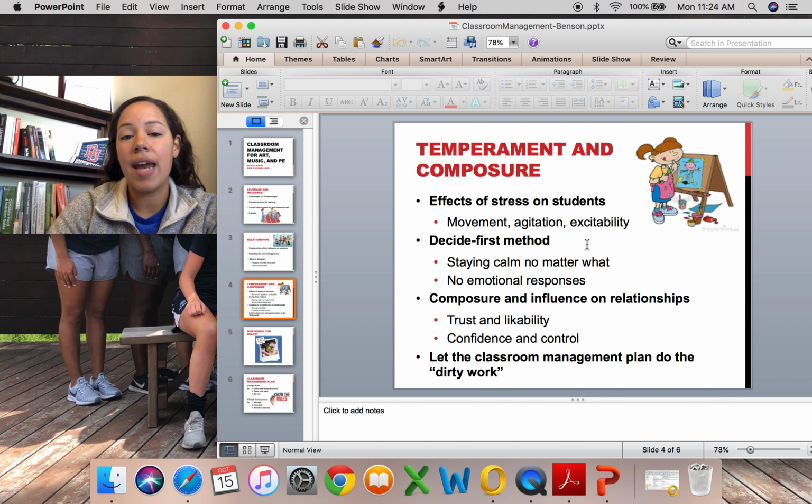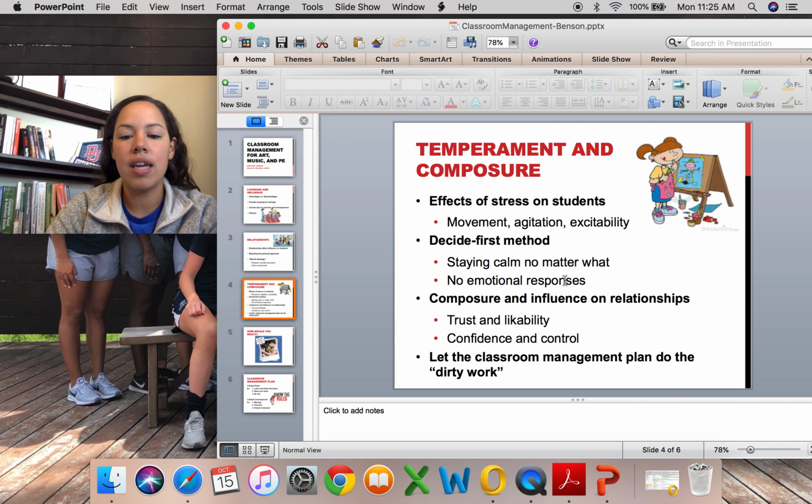So if something bad happens, let's say a student breaks a rule and the teacher has to give a consequence, they aren't going to emotionally respond. It's not going to come out in yelling or being mean to the student. They are going to stay calm, give out the punishment or the consequence that correlates with that rule in their behavior management plan or their classroom management plan, and that's it. And once the rule and the consequence have been talked about and the consequence is given out, the teacher is still in that friendly and nice and pleasant demeanor, and there's no emotional response.